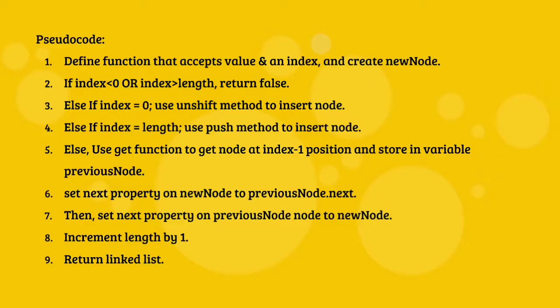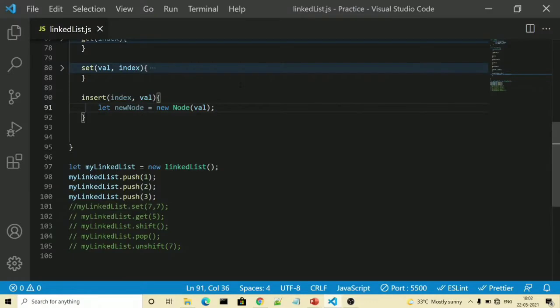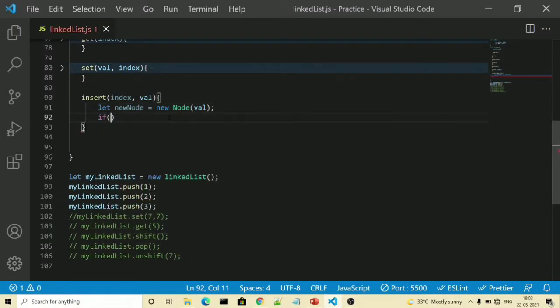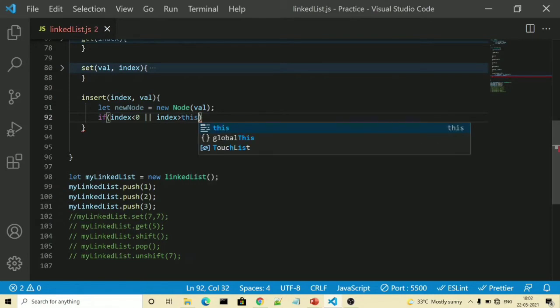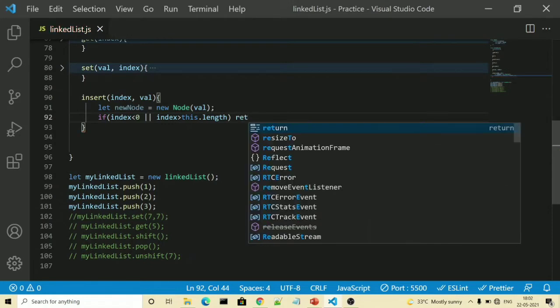Once that is done, as per our pseudocode, we will check if index is less than 0 or index is greater than this.length, at that time we will return false.